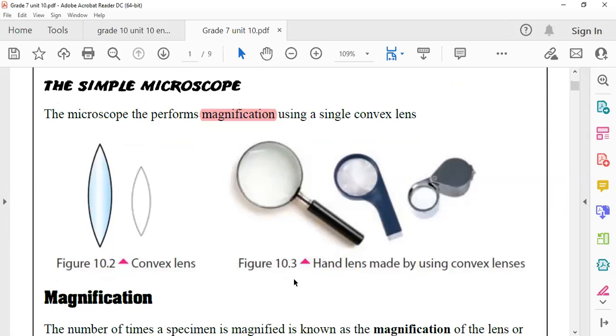So, you know hand lens, correct? Any convex lens, not only a hand lens, any convex lens can work as a simple microscope. So it will show you things larger. If they are showing you things larger,